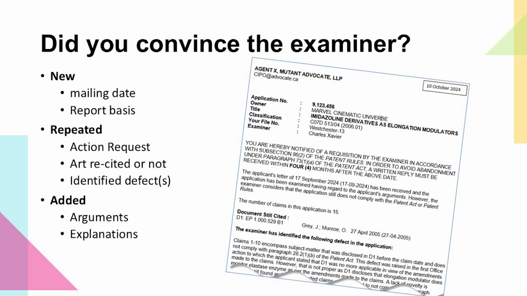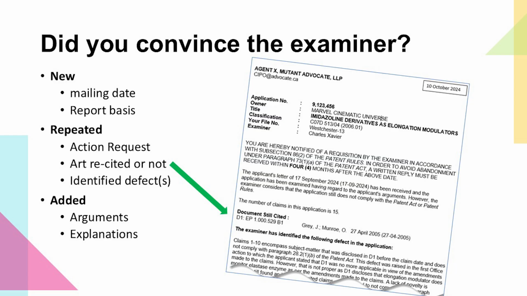So in our example, this new report will bear a new mailing date and a report basis. It will tell you the action that you need to take in capital letters and provide you with another time limit to do so. And if a document was cited against the novelty of your invention in the first report, it might still be appearing on the new examiner's report, depending on if you properly corrected the application or provided a convincing enough argument to the